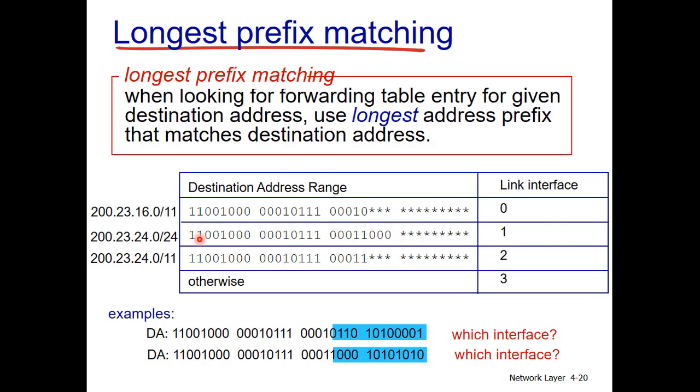In order to see more detail, let's do another example. This is 200.23 dot, this is a complete 8-bit number. If I read this number, 1 2 4 8 16, 16 plus 8 is 24, so it is 200.23.24 dot 0 slash, and this is